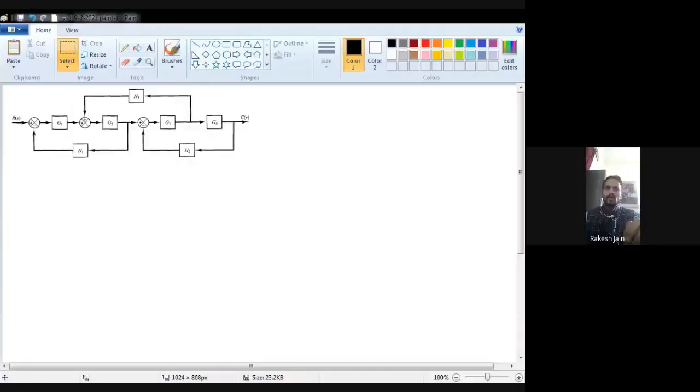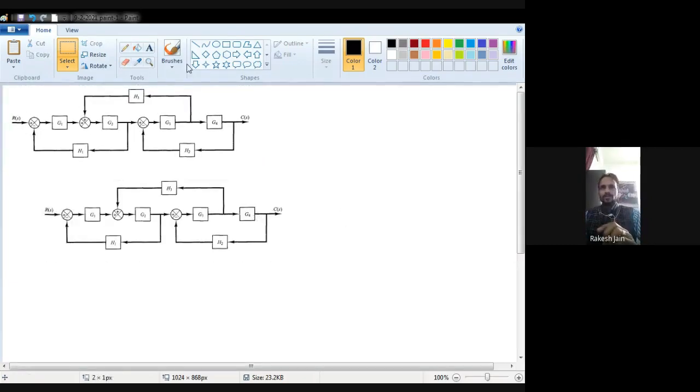Okay, first of all just see this MS Paint file. So this is your question. Are you able to see this MS Paint file on screen? Are you able to see? Yes. So this one is your question. You have to find out the transfer function. See very carefully. First of all, I just copy and paste this numerical, so whatever modification I do, I will show there.